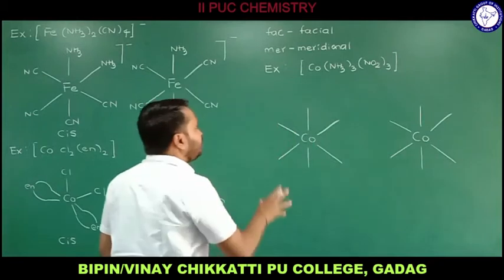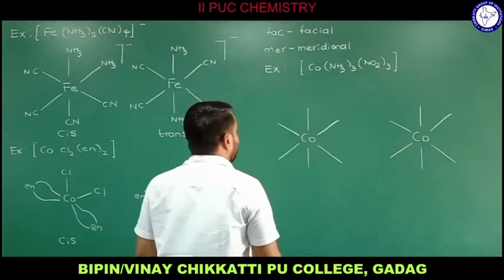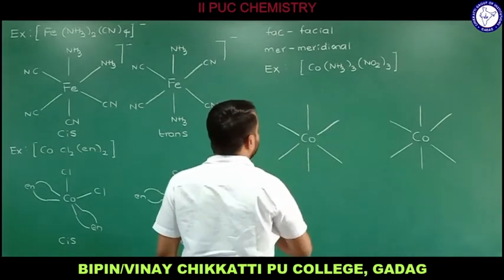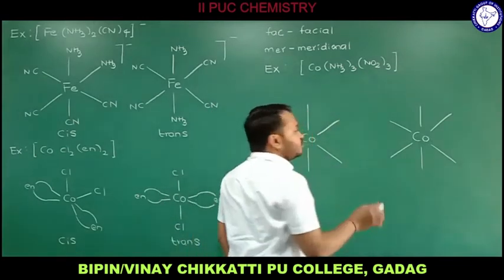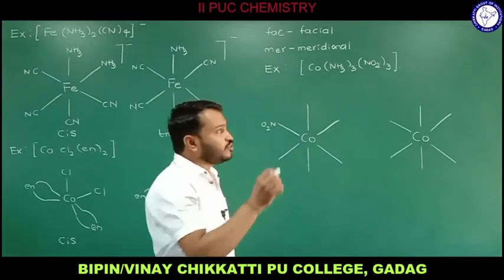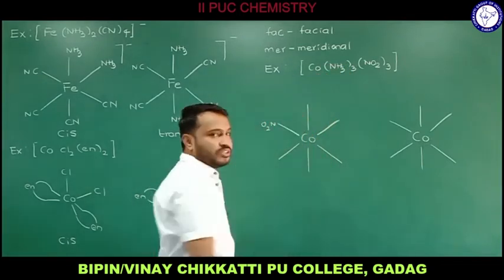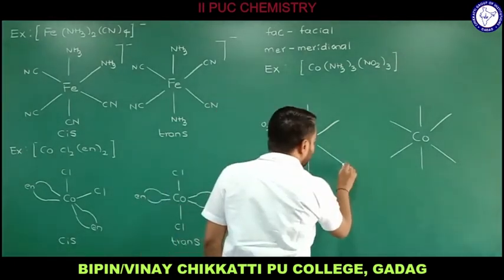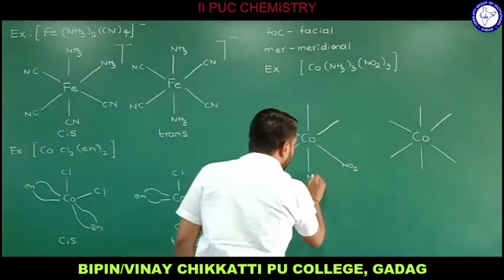Now let me write the ligands, and later we'll see why it is facial and why it is meridional. These are the bonds or ligands to be written, 1 above and 1 below. One kind of ligand, let me write here, NO2. I hope you know NO2 is also an ambidentate ligand. Nitrogen is a ligating atom and oxygen is also a ligating atom. Here nitrogen, as in N-nitrito, links with cobalt first, therefore you write NO2 here. One more NO2 here, and one more NO2 here.